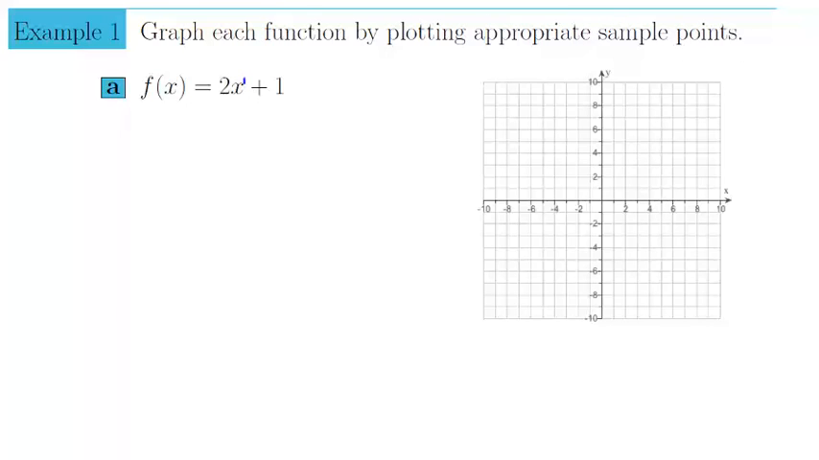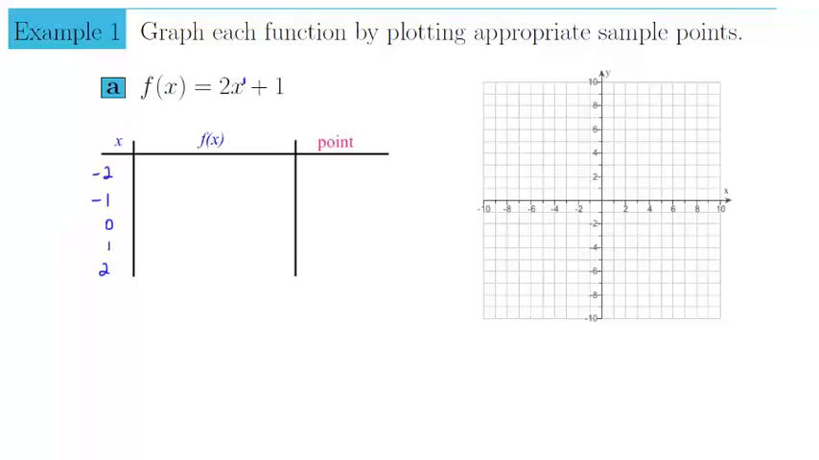I would suggest starting by using -2, -1, 0, 1, and 2. Those are good sample x values to start with. Now, for some functions, those sample x values will not work, and we'll talk more about when they don't work in the last 3 examples. But for now, let's go ahead and plug in x equals -2, -1, 0, 1, and 2 and see what